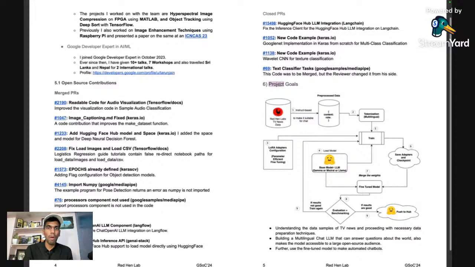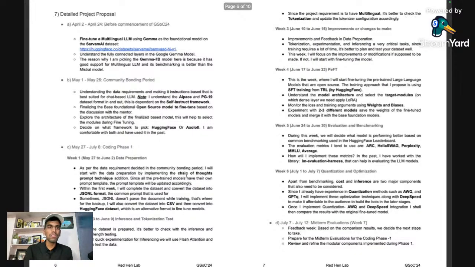For example, now I'm writing the project goals. I have the diagram and I have the summary. So this is the summary that I will be working on for the project. This will differ for each project. I'm just telling you what I did so that you can get some clarity.